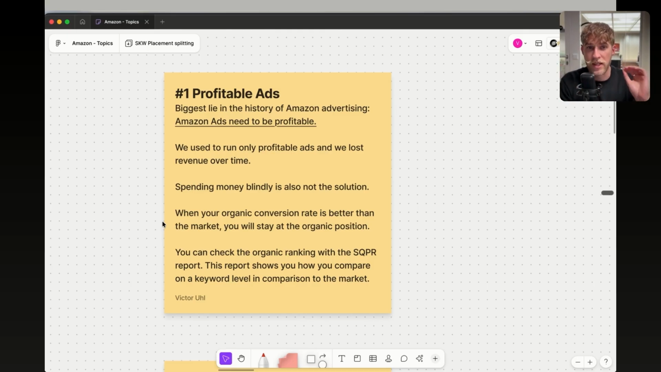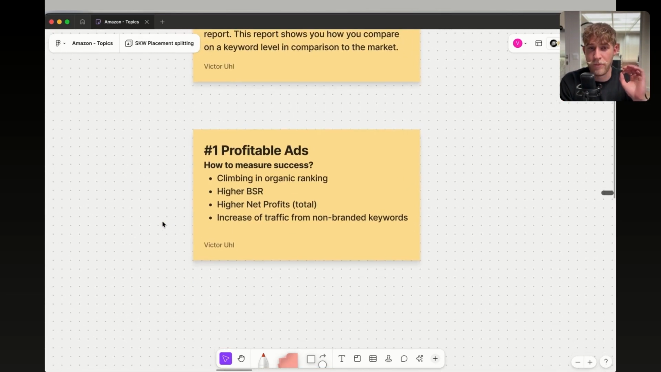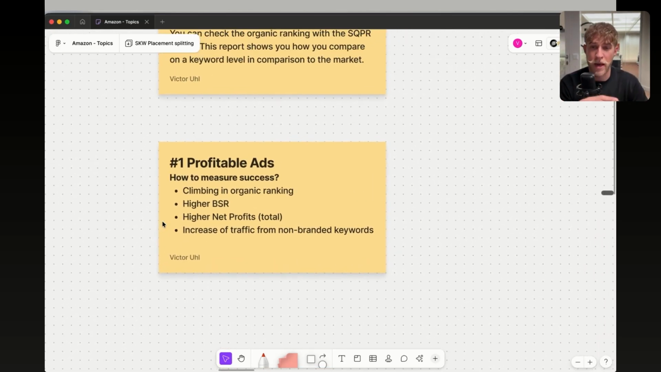However, at this point, we just have to understand that Amazon ads don't need to be profitable all the time. They can be negative if we know they will benefit us. It's called push marketing. And in this part, how do we measure the success of profitable ads, or in this case, of unprofitable ads? It is, as I said already earlier, whether we climb an organic ranking, so we need